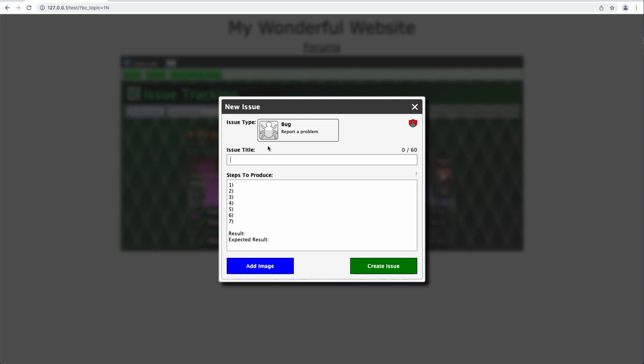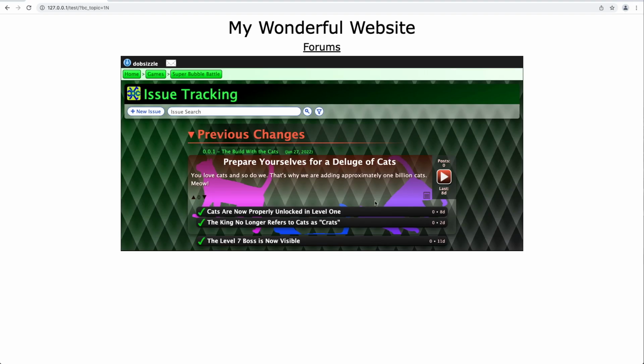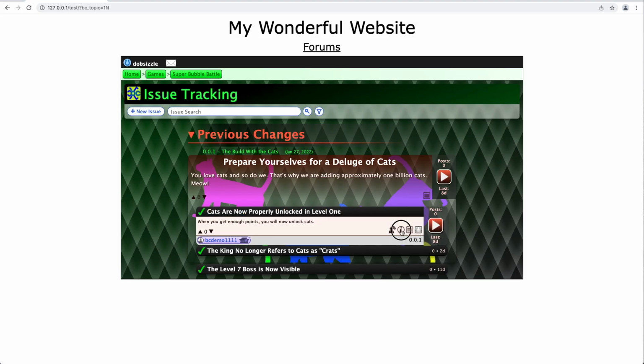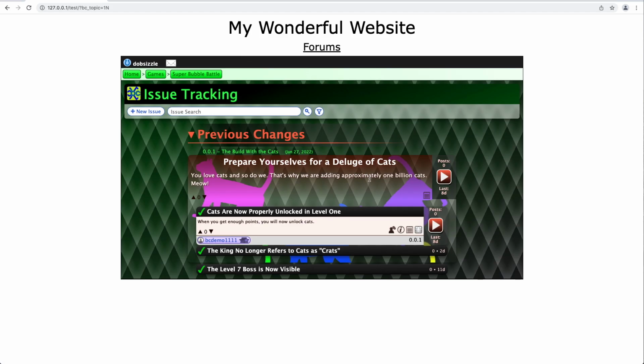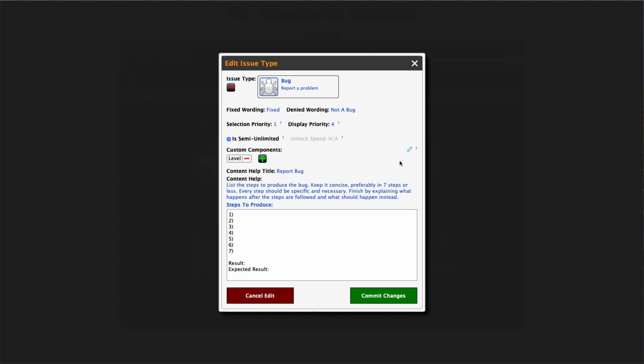It is now hidden from non-developers and managers. So I'm not going to create a bug yet. But this user can still come here and view this data. So now let's say that this data is sensitive and we do not want the public to be able to view this. So what we can do is let's go back to our admin and then back to editing the